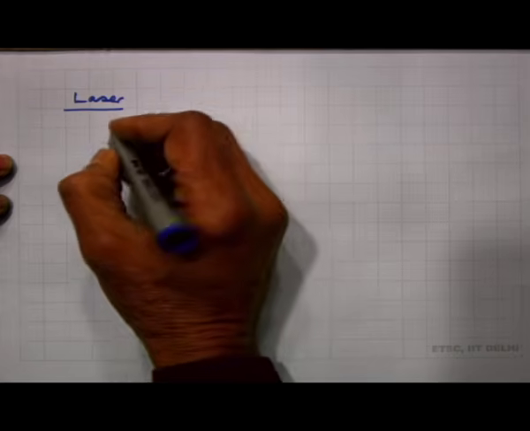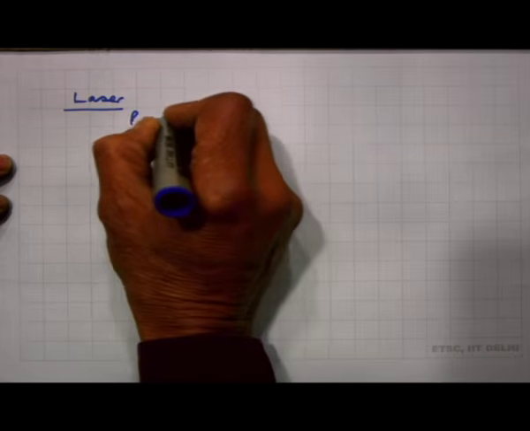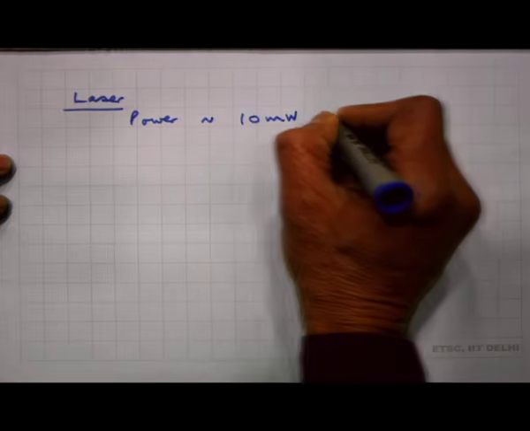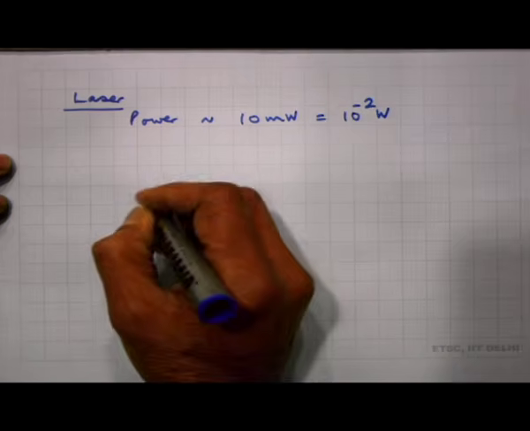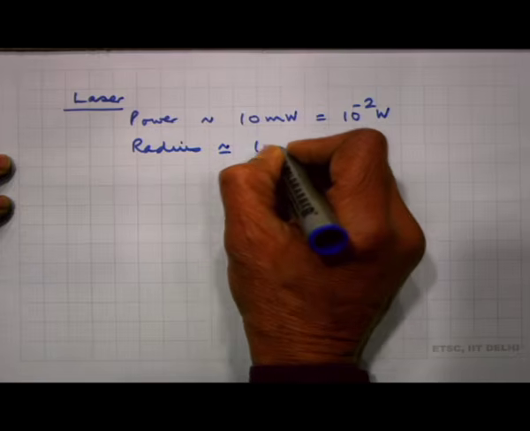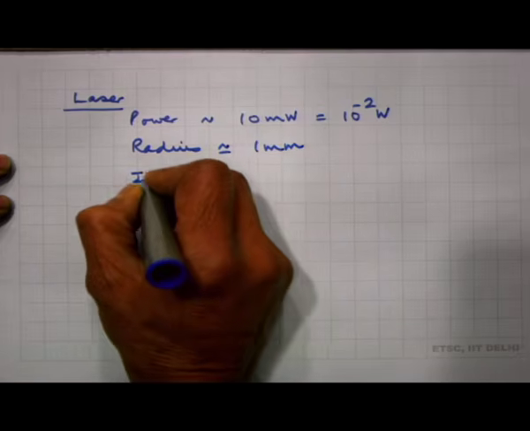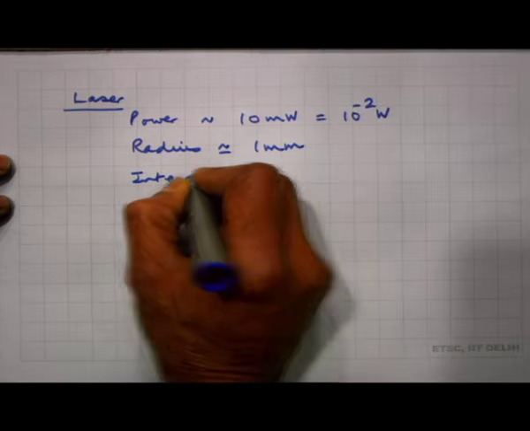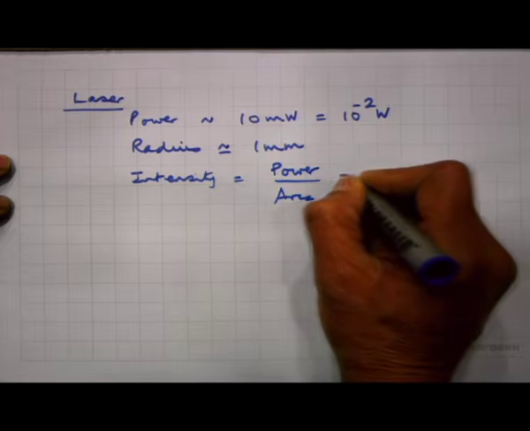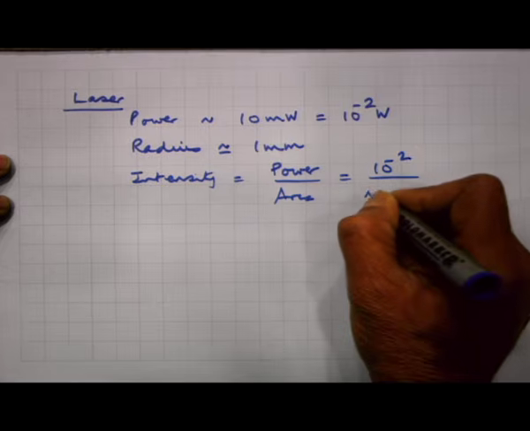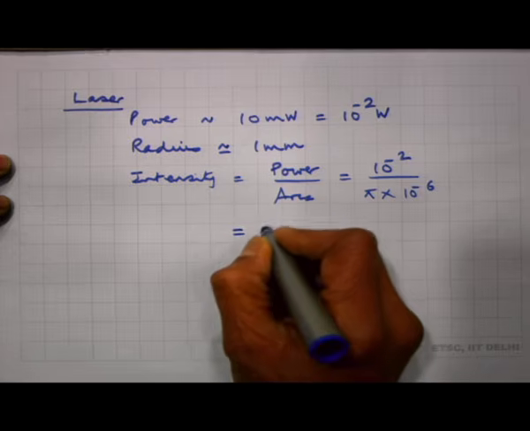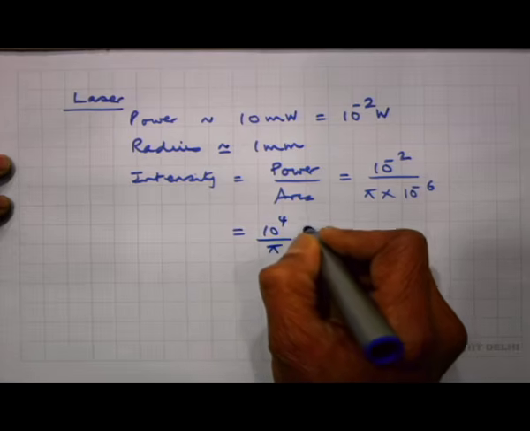So, typically, if I take a laser power of 10 milliwatts, which is equal to 10^-2 watts, and if I assume the radius of the laser beam is about 1 millimeter, then the intensity is equal to power by area, which is 10^-2 by π r squared, which is 10^-6 meter squared. So, that is equal to 10^4 by π watts per square meter,